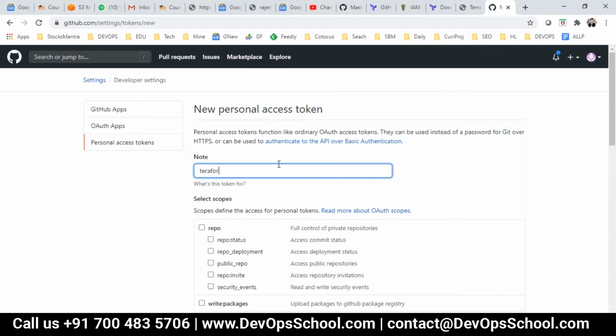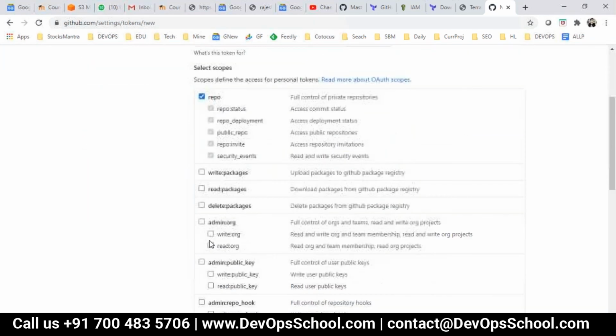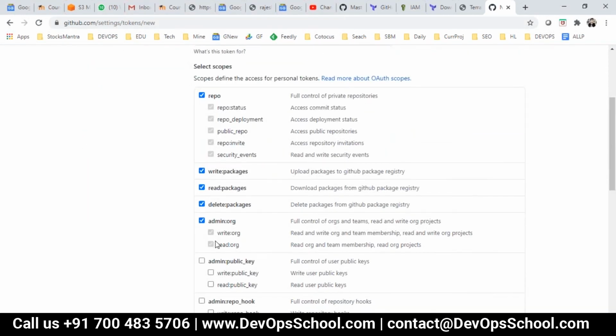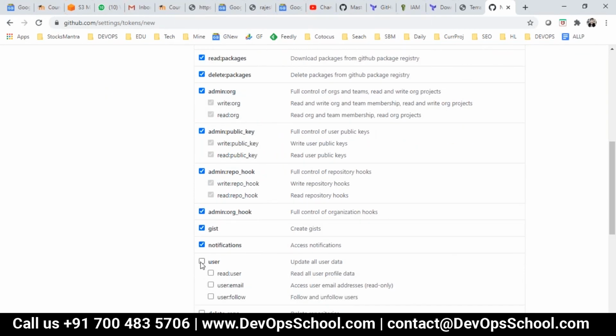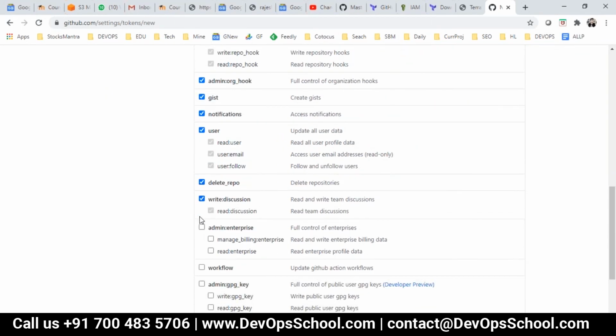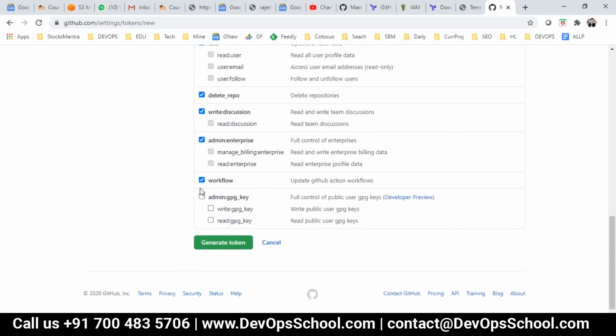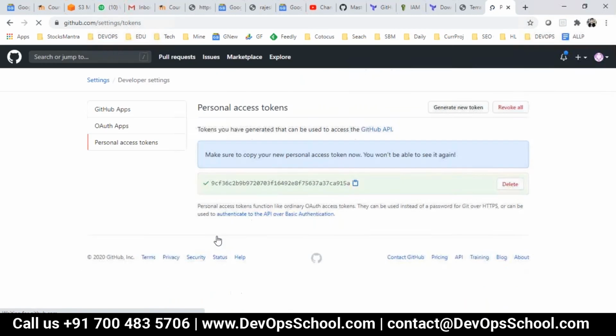This is for Terraform, right? I've given all access, I just don't want to complicate it right now. Read, write, delete, all access I've given.